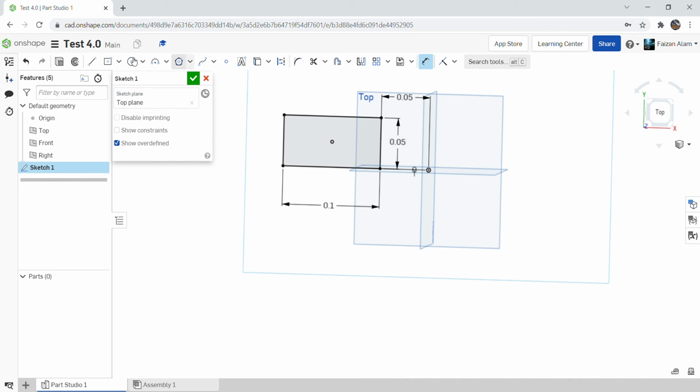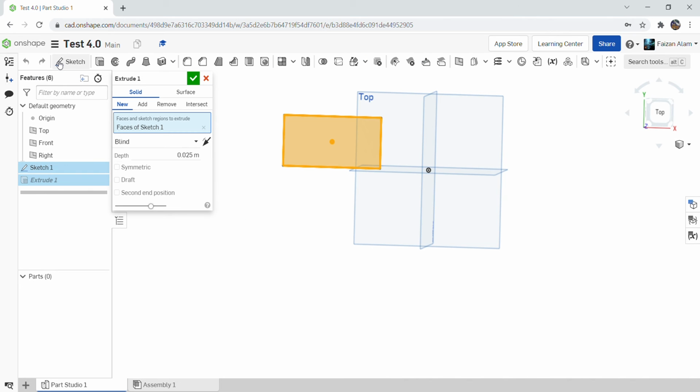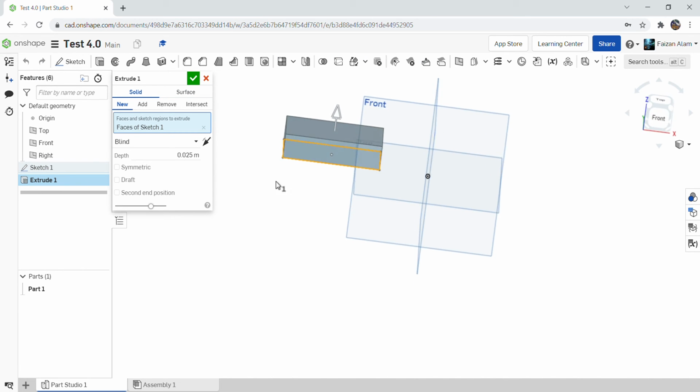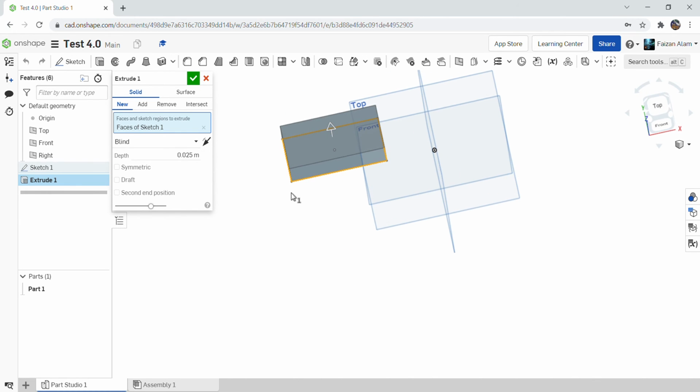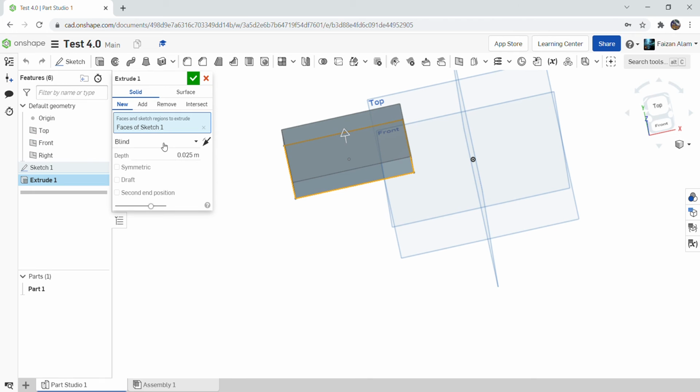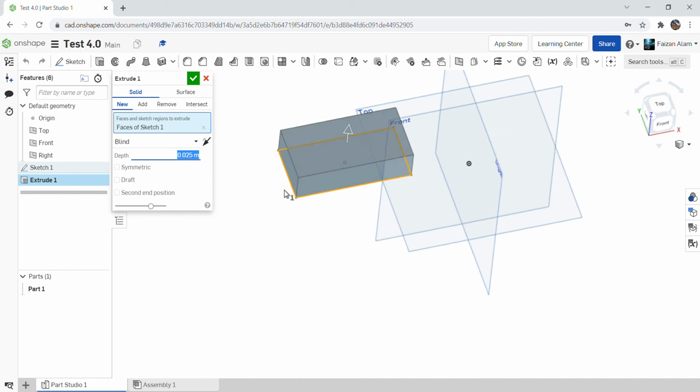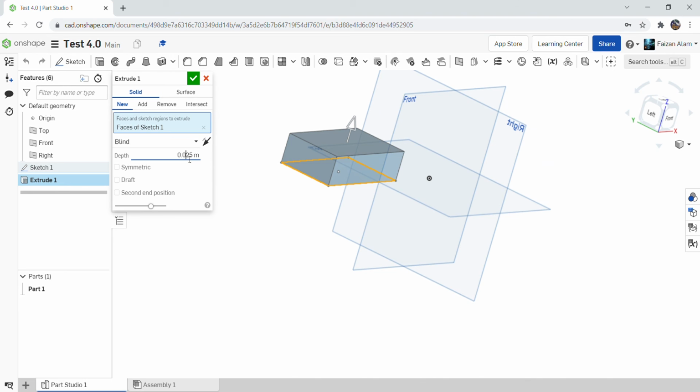Now that you've dimensioned your rectangle, you can go ahead and extrude it. You can extrude it beforehand as well, but dimensioning it first makes sure that the rectangle is fully defined. In your extrude option, you'll have several options. For this particular one, we can do blind, and that allows us to give a particular size to how high you want the rectangle or whatever shape you have to go. For this, we'll do